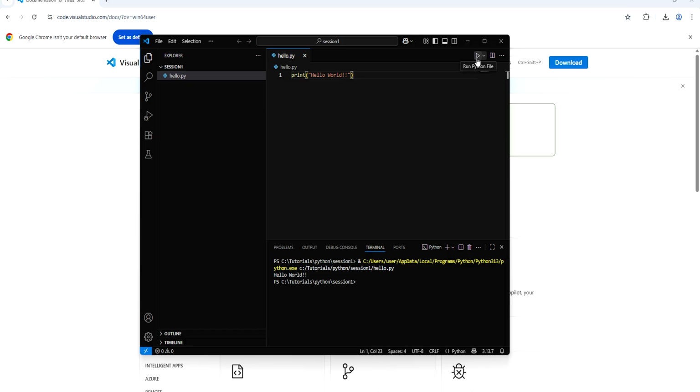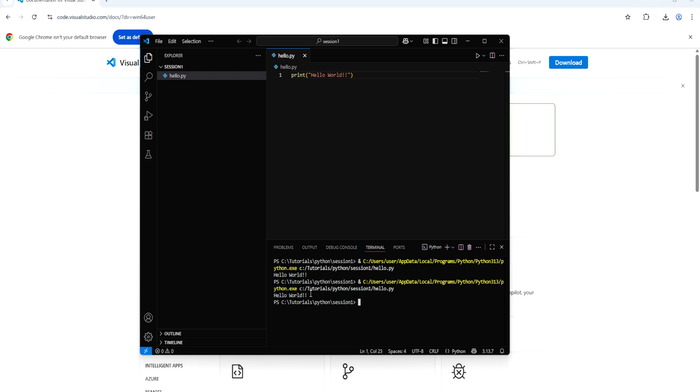Now run it by clicking here, run Python file, and you can see it printed the hello world message. In this way, you can use Visual Studio Code to run the Python programs. So we are done with the installation steps.